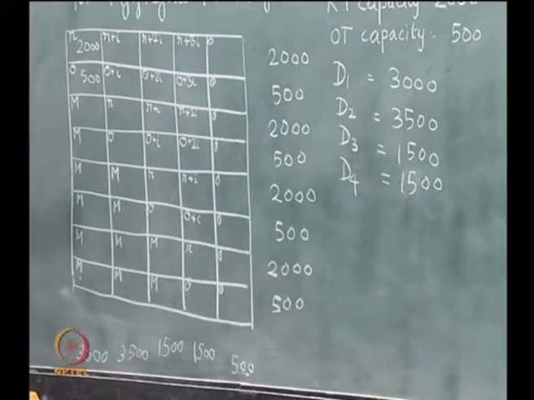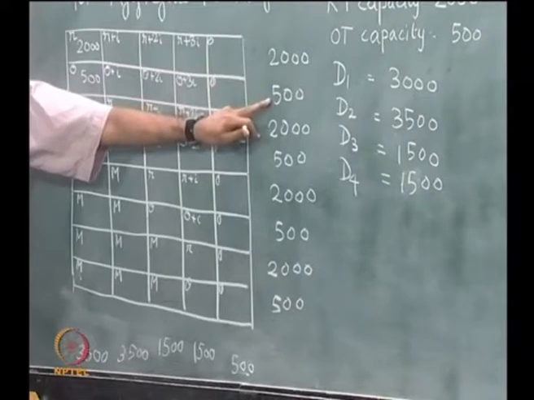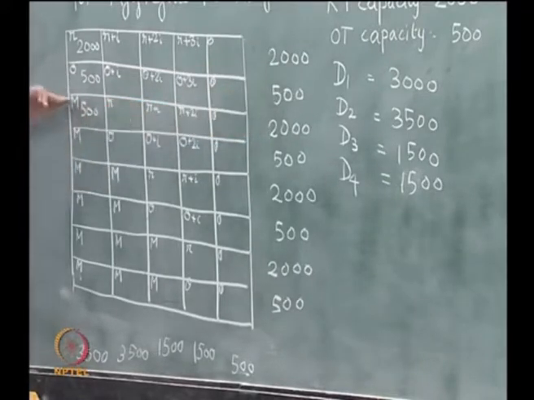But now for the sake of illustration, let me assume that I am going to start with a 500 here, and then I would possibly try and improve it or make it better. In this particular example, I will not be able to, because I am not allowing back ordering. The first month's demand itself is 3000. The first month's total production available is 2500. So, in this case I will not have a solution because I am not allowing for back ordering.